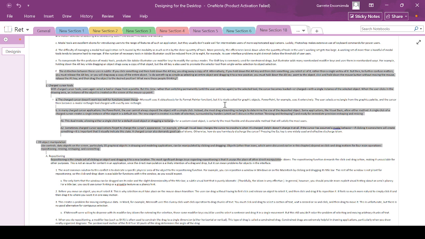So instead of deactivating the currently used tool, when you click on an icon on a tool palette, it creates an instance. So kind of like this, I think, drawing. When I put it here, no. But there's some object that acts like that. When the user clicks in the drawing area, an instance of the object is created on the screen at the mouse-up point. So if you release the mouse, the charged cursor doesn't work too well for functions,